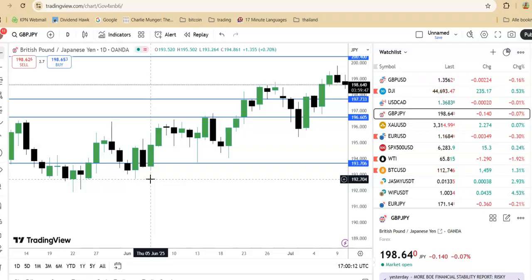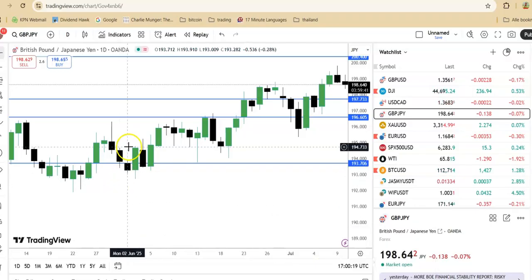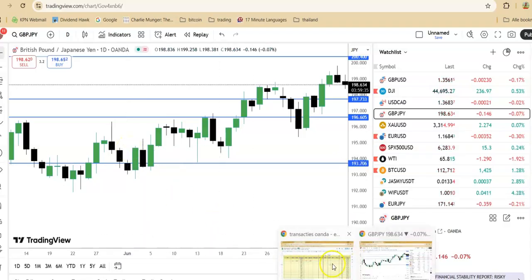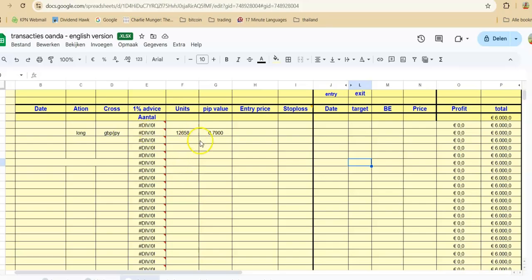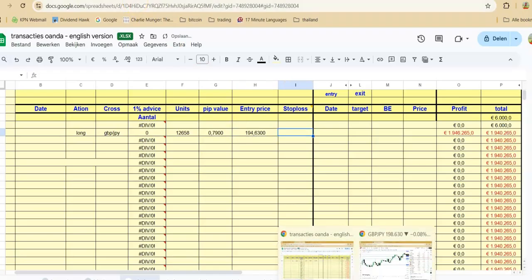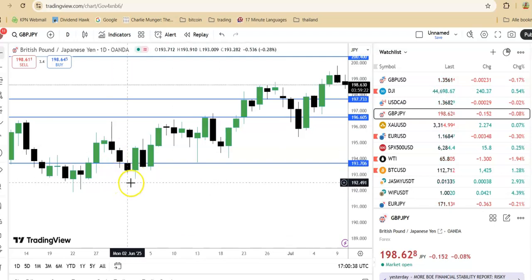We can fill in here our entry point, and this is simple to manage to the next stop. What you can do is, and I use a spreadsheet for that, that I fill in the entry number 194.63, which I will show you here. The pip value is from Oanda.com. And if I want to place my stop somewhere, let's say my stop will be over here under the low,